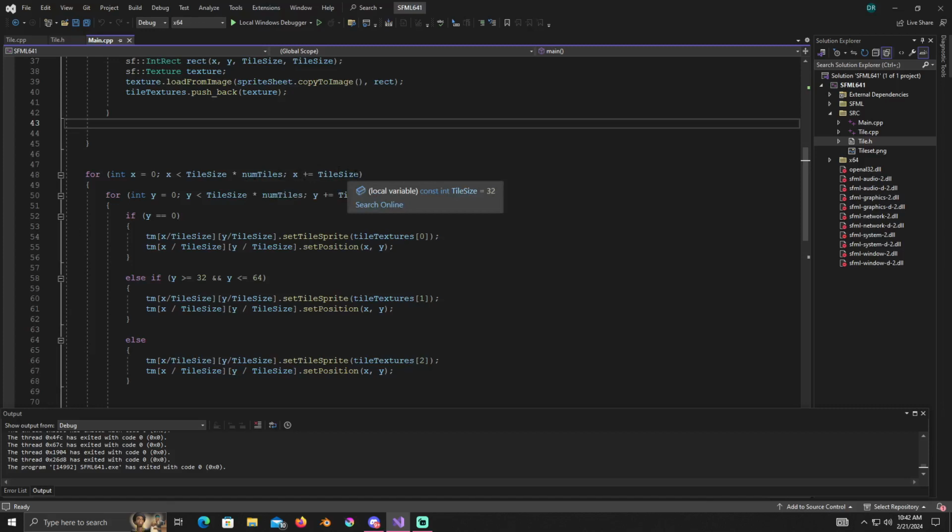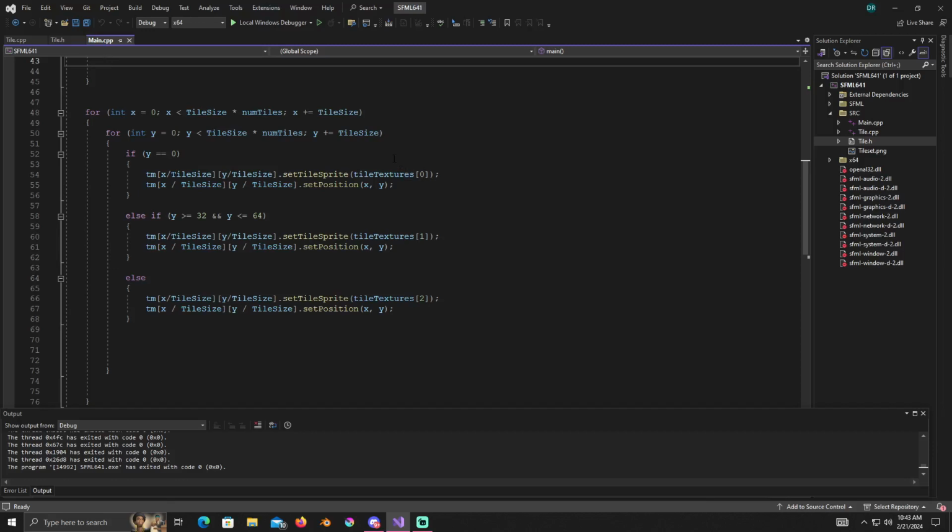There's different ways I could have done this. I could have plus-equaled by 1 and then multiplied it by tile size here, but this is just the way I chose to do it. The way I did it probably looks a little complicated. To make sure that I get the correct index in my array as it goes through, I divide by the tile size, since X is going to be plus-equal by 32. So if it's 32, then you do 32 divided by tile size, and 32 divided by 32 is 1. Let's say it's 64: 64 divided by 32 is 2. You see what's going on here? Probably did it a little bit of a difficult way, but basically